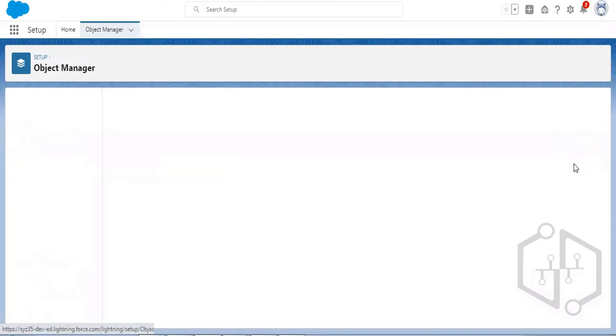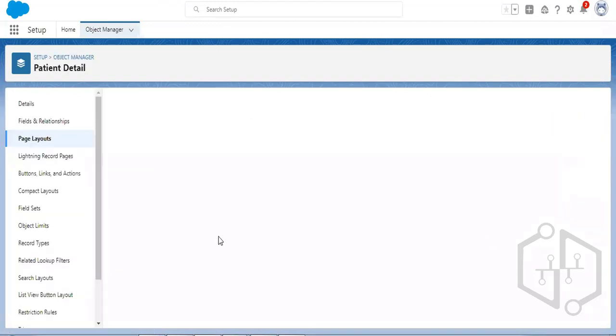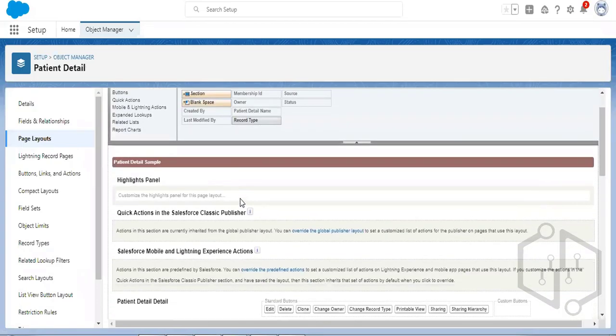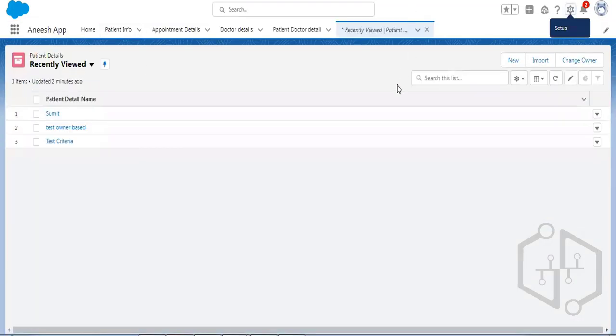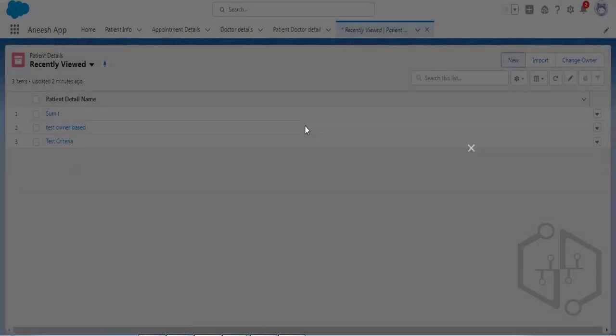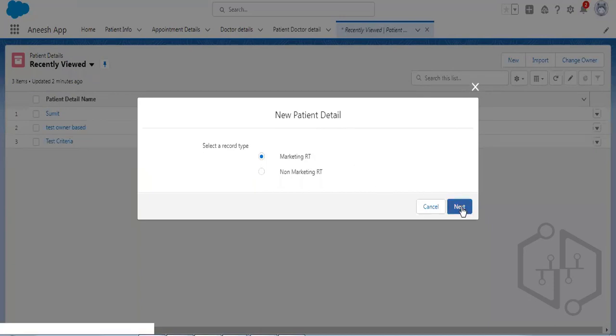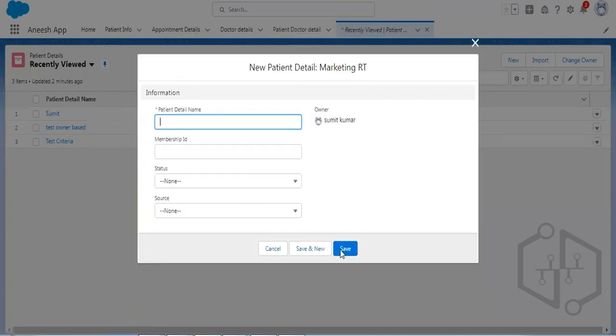Right, let's make it non-mandatory from the page layout for now, and we'll do it via a validation rule. So my requirement is, if I try to make a record of a patient without a membership ID, and as soon